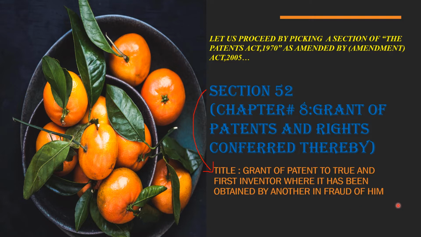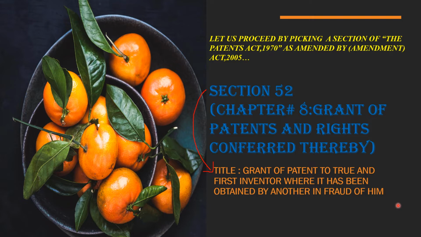That means if the true and first inventor is cheated by someone, then the patent is granted to the true and first inventor, or we can say that prime importance is given to the deserving candidate, that is the true and first inventor. Okay,